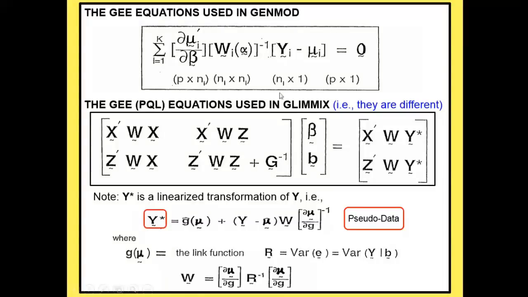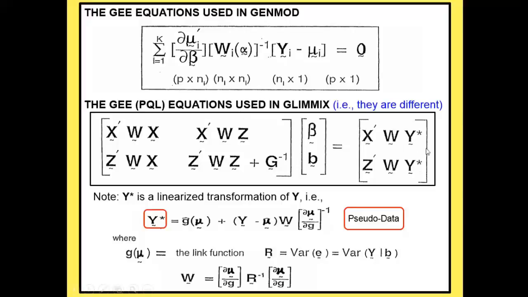The key thing about what's on the screen is that they are two different formulas. So the method used for GLIMMIX for getting these estimates isn't exactly the same, and the method involves a linear approximation to the outcome variable,